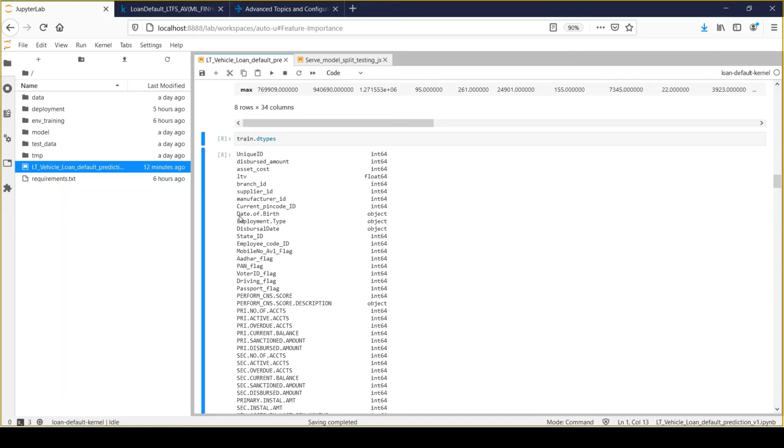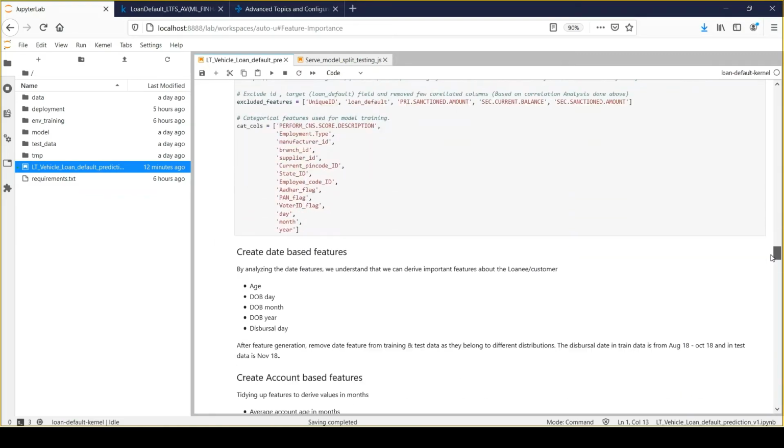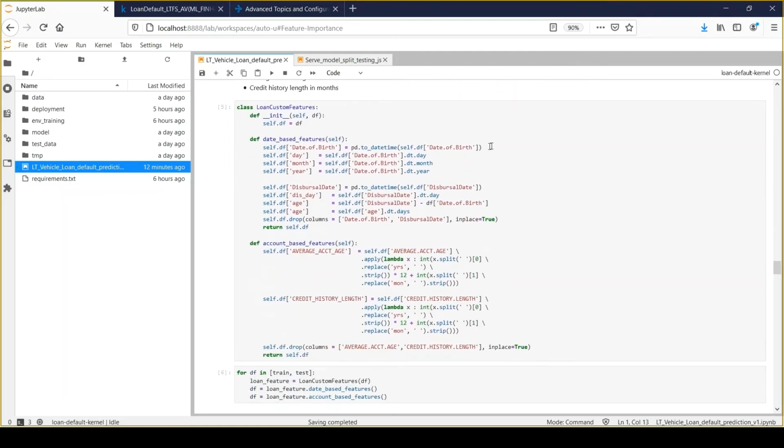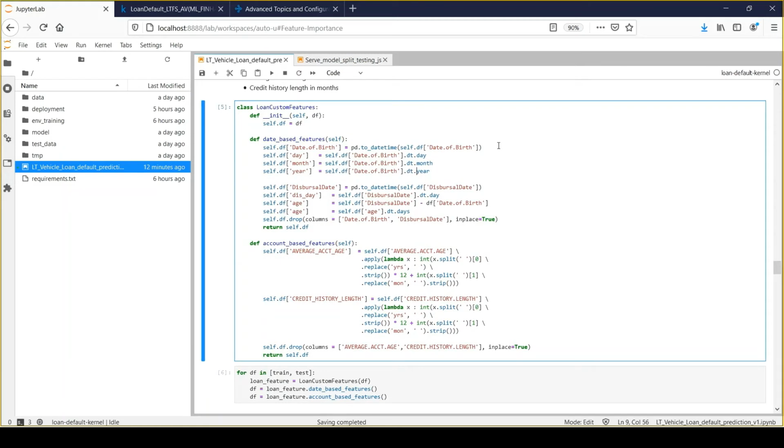So in order to extract those values, first we need to convert it to date time format, and that's what I have done here. Okay, I have converted that to date time format, and then using the date time extraction process I have extracted day, month and year using this function.